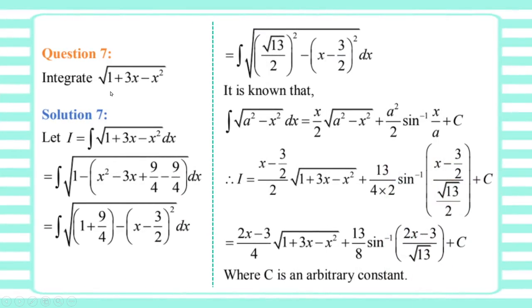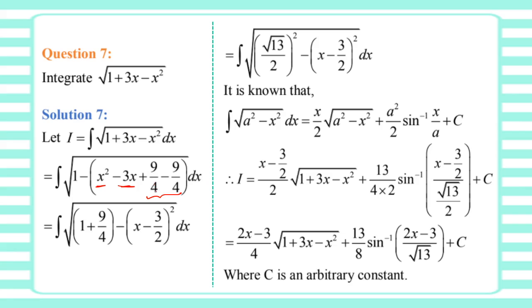And apply this formula, put the values and answer. Now here seventh question, same way. What are we doing? We are taking 1 outside and minus also outside. And inside the bracket we will have x square, because it was minus x square. So we have taken minus outside to make it positive. X square minus 3x. Now coefficient of x is 3. Then half 3 by 2 and square 9 by 4. Added 9 by 4, subtracted.